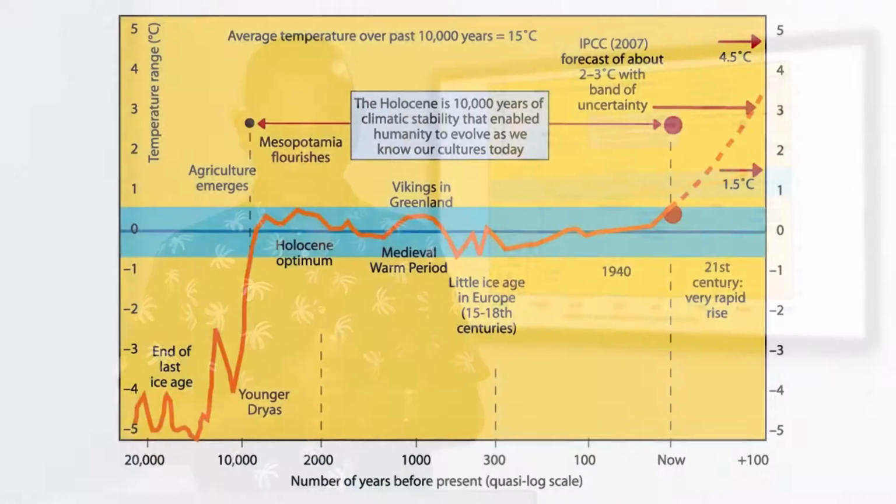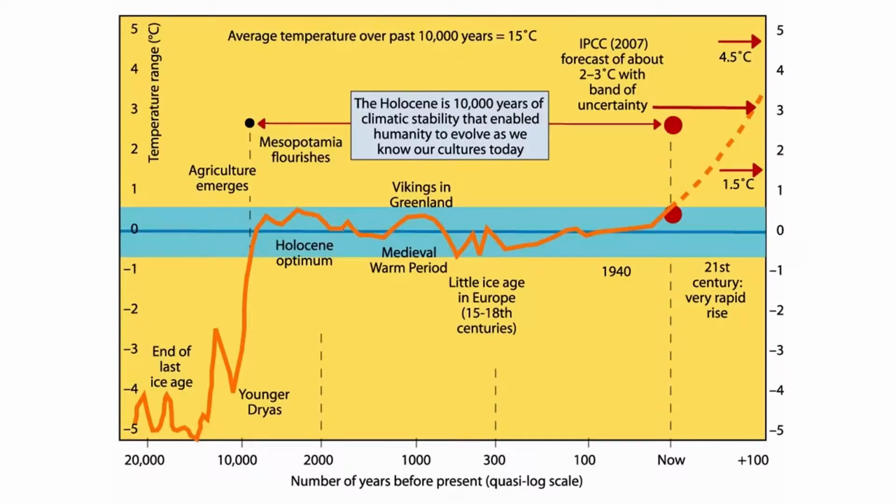This is just another figure showing more clearly when agriculture emerged, when Mesopotamia was flourishing, where the climatic optimum was, where the Vikings occupied Greenland during the medieval warming. Again, look at the range. And why is this important? Because this one has now added global warming to it. Okay. So, we started warming, and in 100 years we expect to continue in this range.